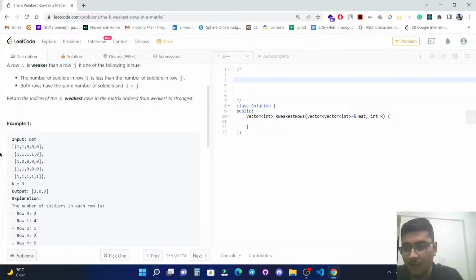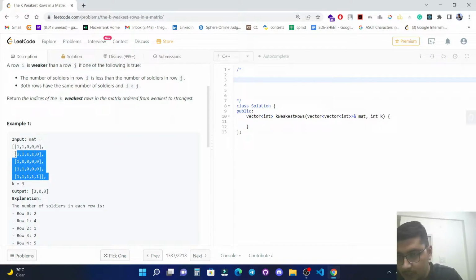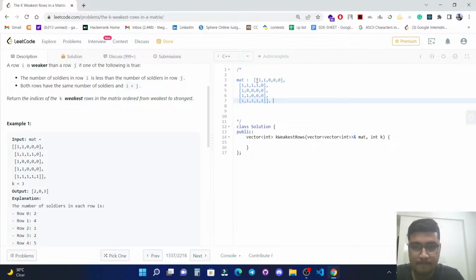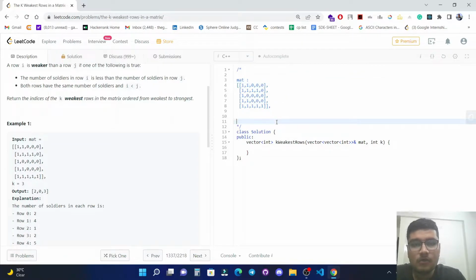So let's say we have a matrix. This is the first matrix we have. So let me just copy it from here. So we have a matrix something like this. So what we will do is just add one more element at the end of each vector of the matrix. Alright, so let's add one more element. That element will be representing the